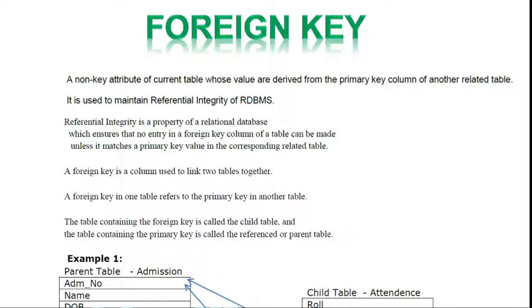Suppose you want to store any new record or data directly in the child table, you cannot store or create. It needs to be stored in the parent table first. So the details must be stored in the parent table, then only you can store the related information in the child tables.